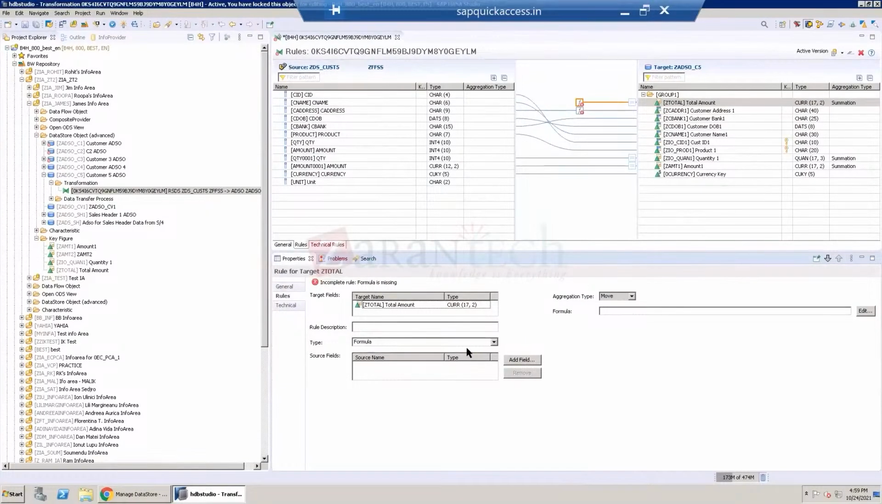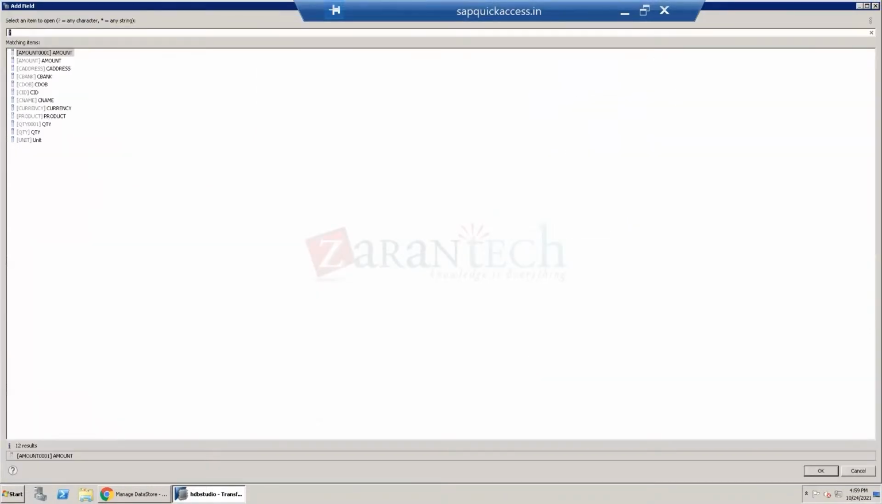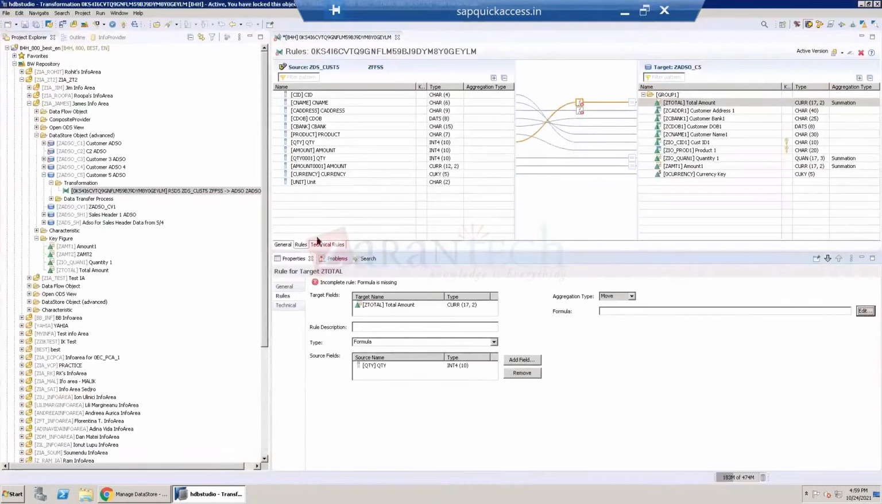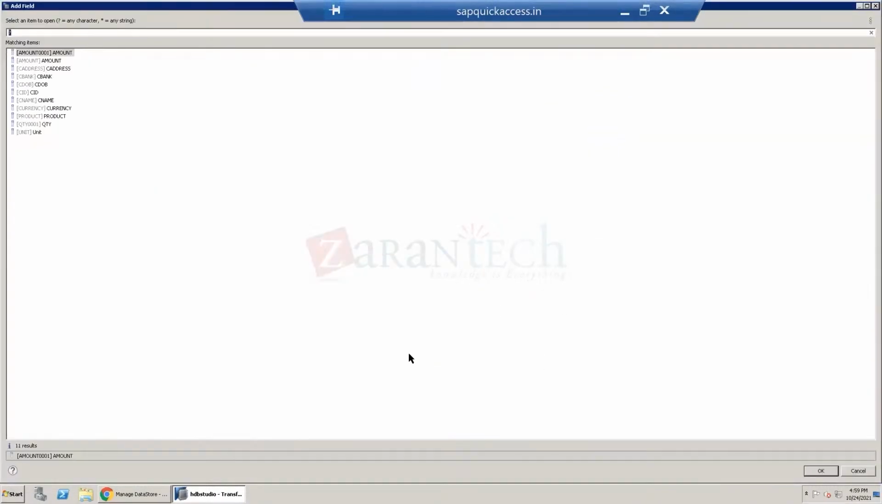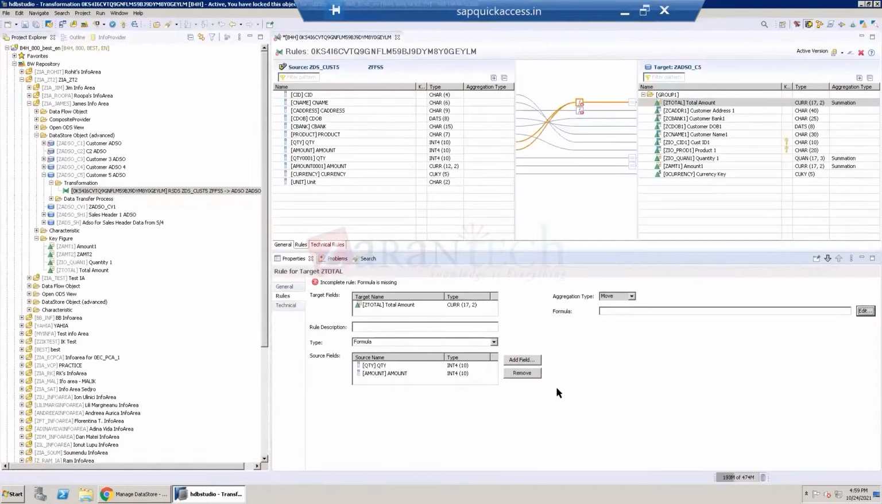See here. What you need to do is first bring the source fields. Unless we bring the source fields, we can't get the formula. So the source for total amount is what? Quantity and amount. We need to pick both the fields here. One is quantity, and what is the other source field? Amount. Where is the amount here? Do you see amount? Yes. So unless we have these two fields,